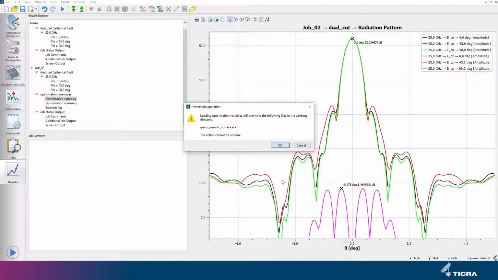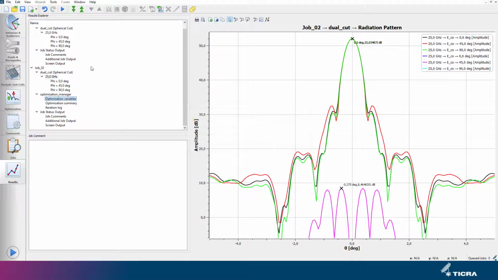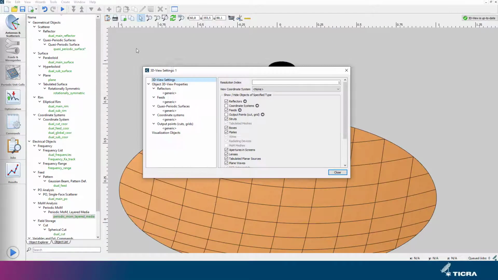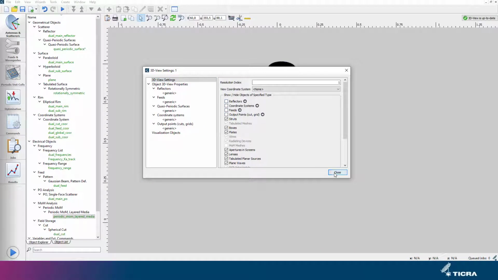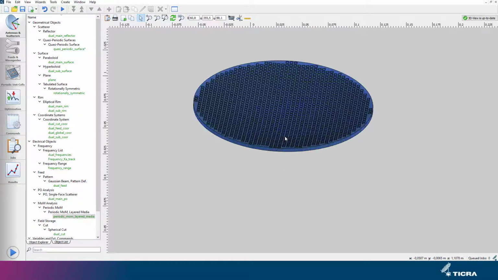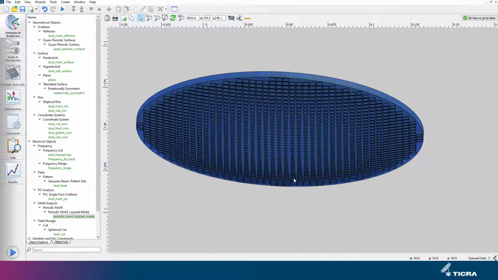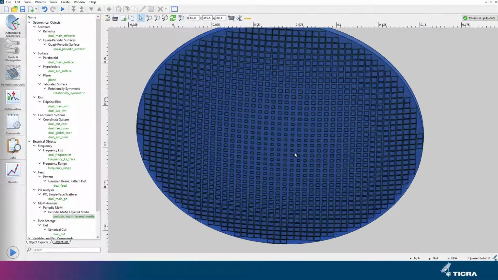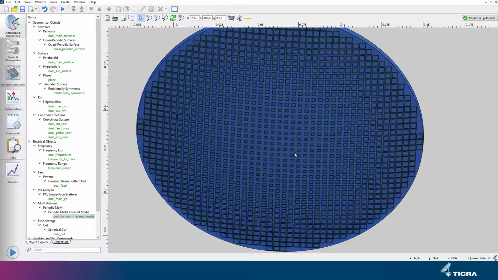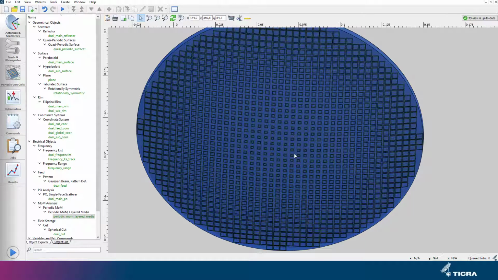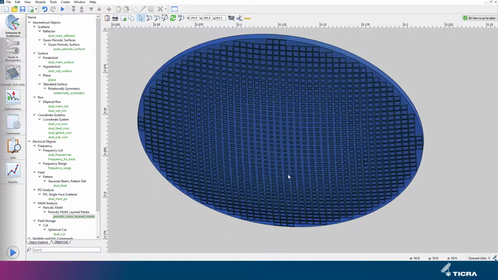If we load the optimized element variables and examine how the elements have been changed, we can now see that we have an aperiodic FSS element layout on one side and a periodic element layout on the other side of the reflector. One could also carry out the optimization without using splines, but rather using the individual element dimensions as